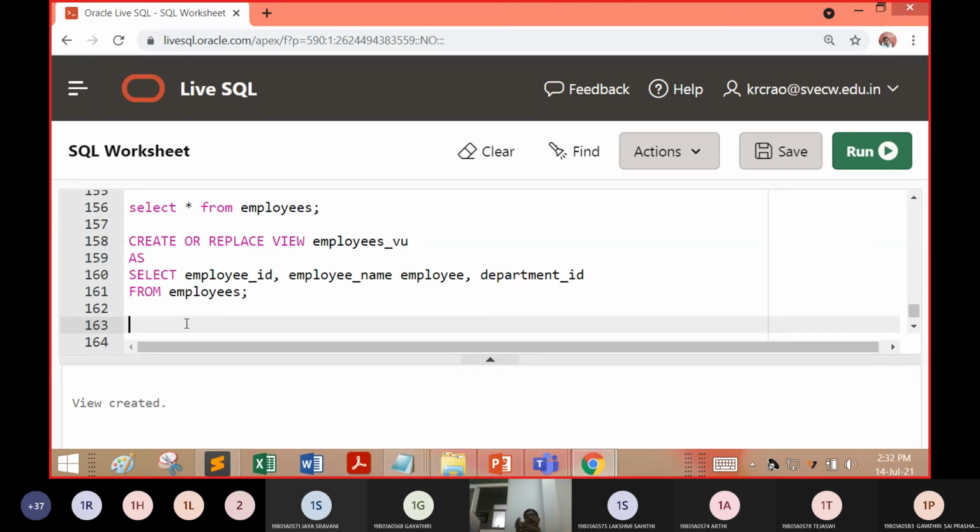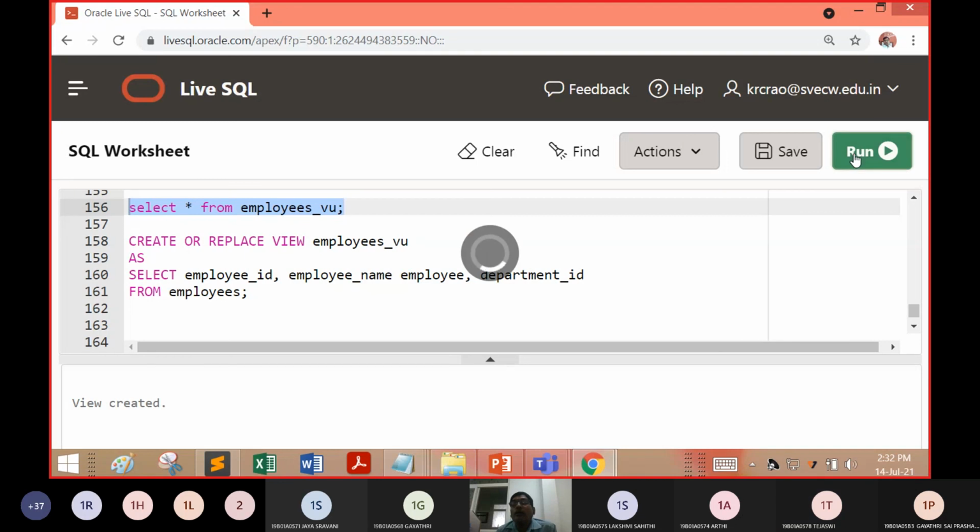How can I do it? I think select star from employees_view, sir. There is no 'I think'; that is how everyone should think. So I want to display all these elements.